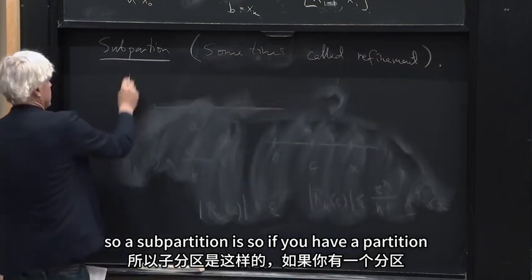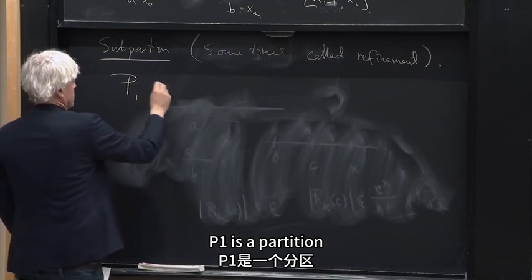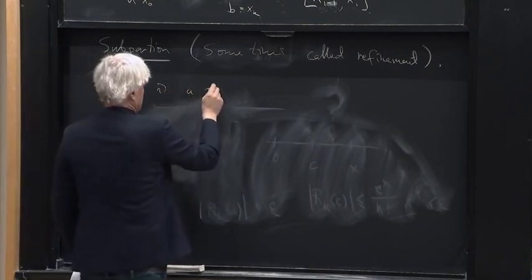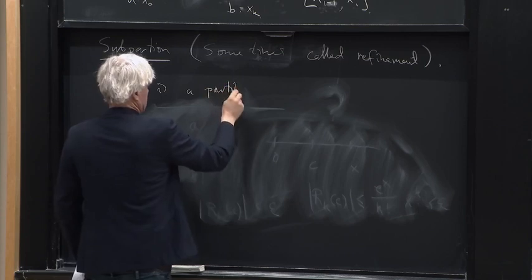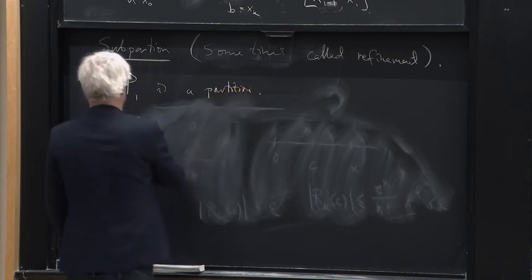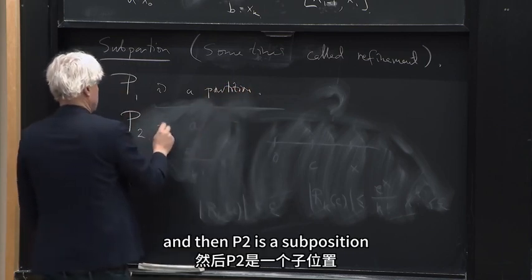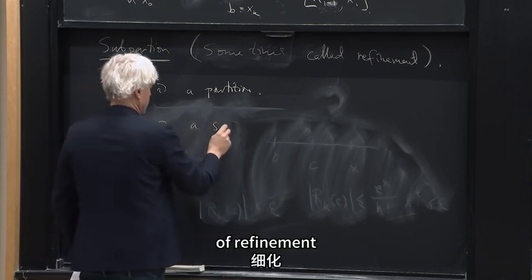So if you have a partition, so P1 is a partition, and then P2 is a subpartition or refinement